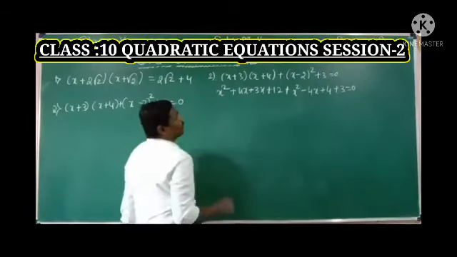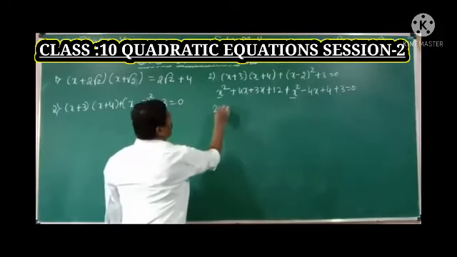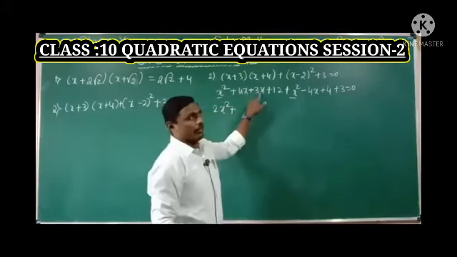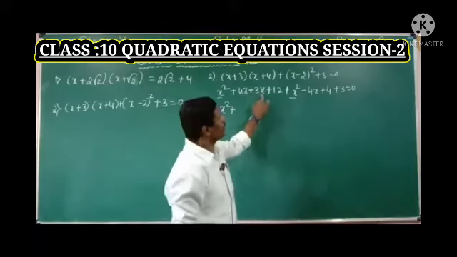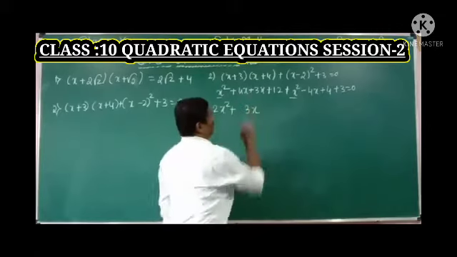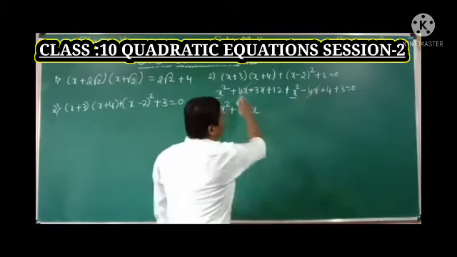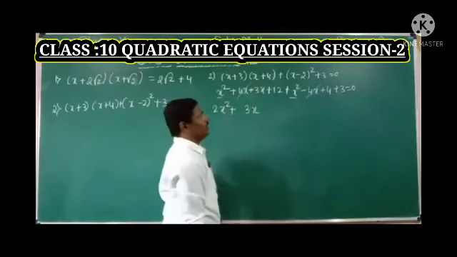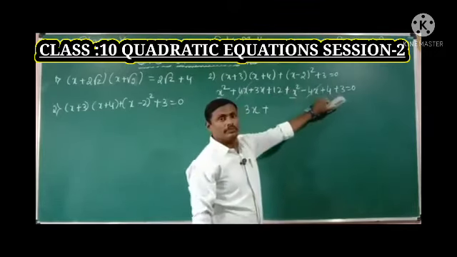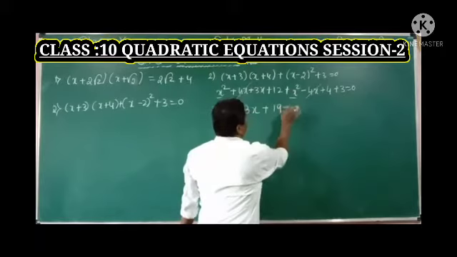Now simplify the given equation. First compare x square terms. x square plus x square is 2x square, plus 4x plus 3x is 7x. 7x minus 4x, again it is 3x, right? Or simply minus 4x and plus 4x get cancelled. The remaining term is 3x plus 12 plus 4, 16, 16 plus 3, 19 is equal to 0.